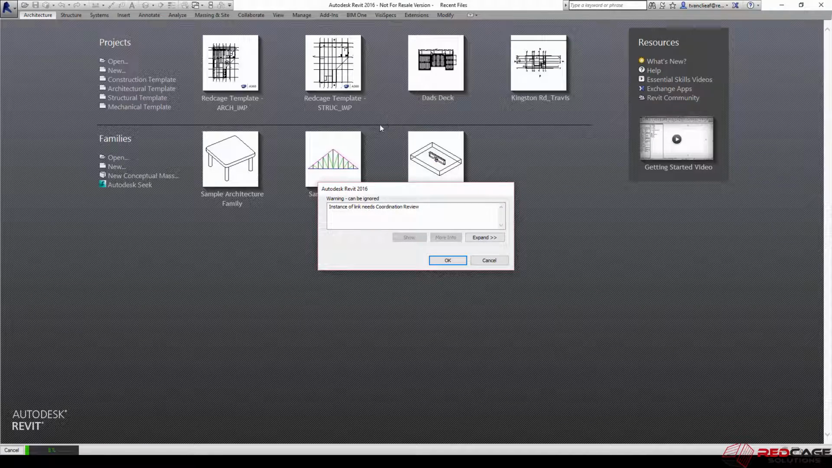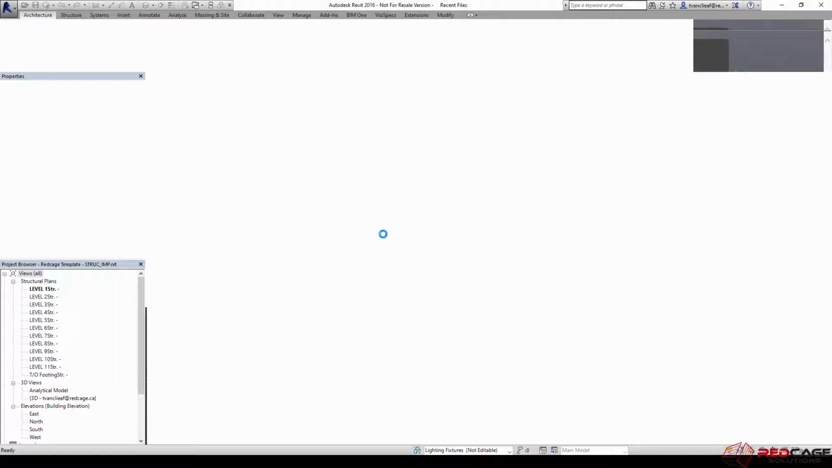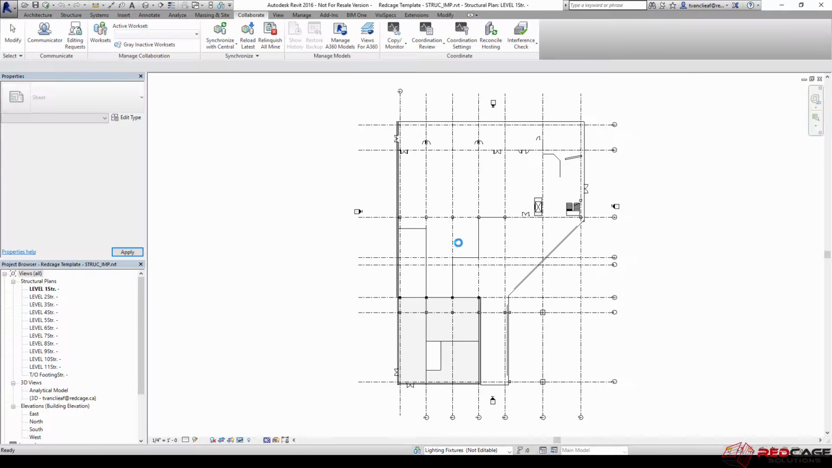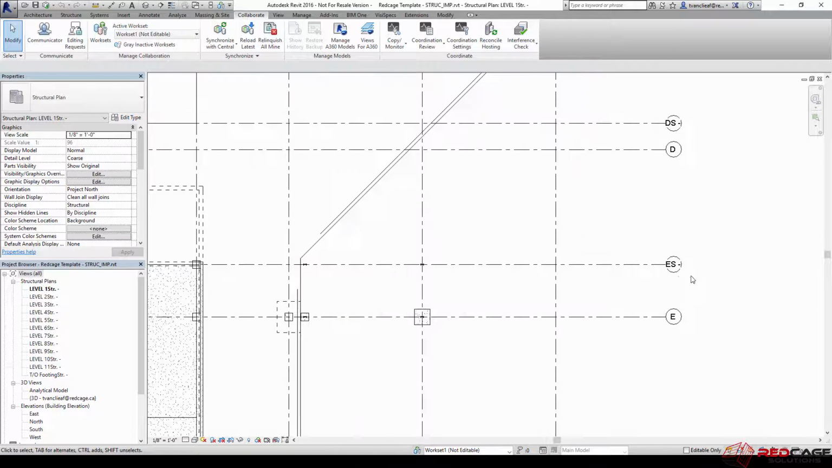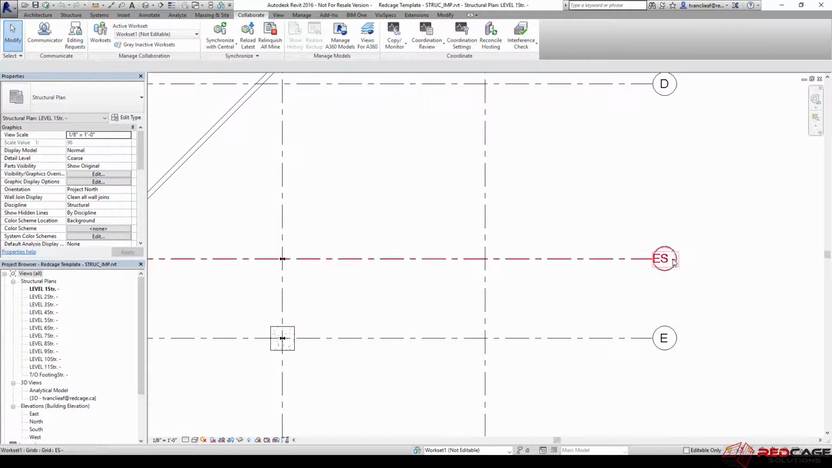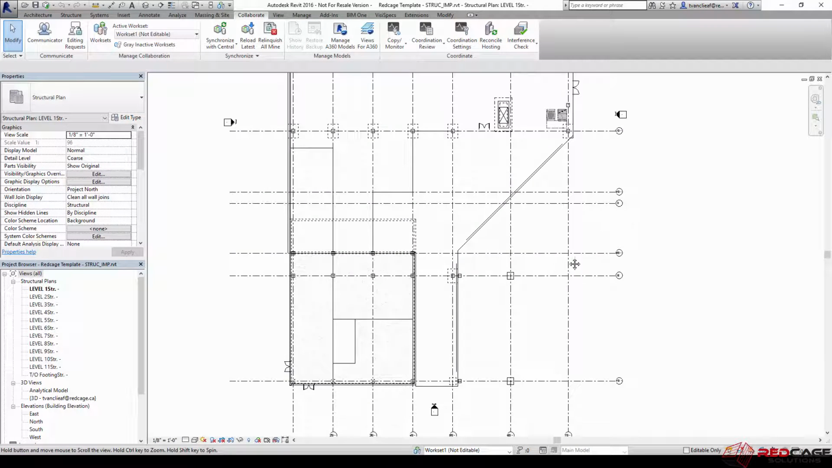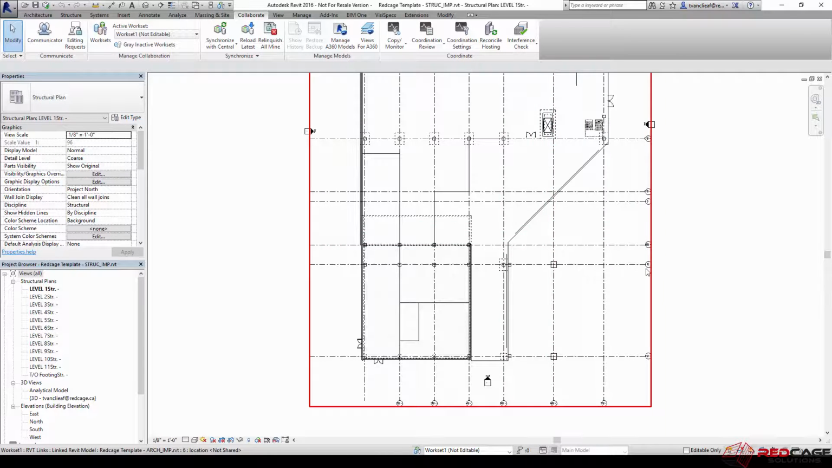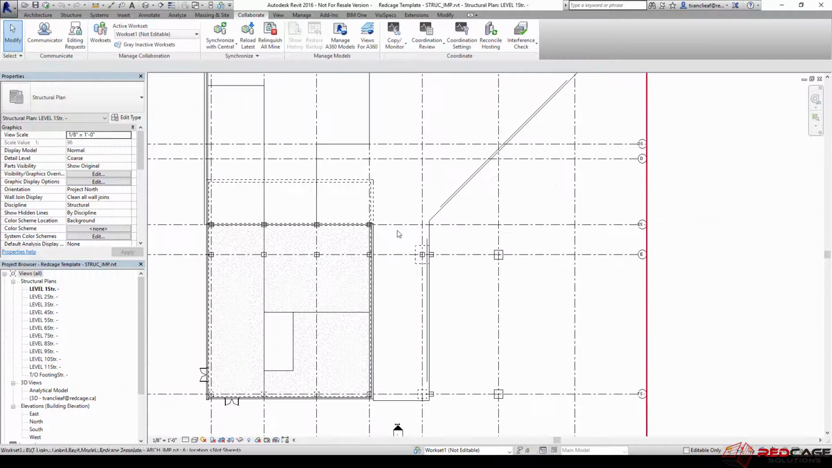Okay, so there's that message that we were hoping to see: Instance of link needs coordination review. So I'll say OK. It's going to open up the rest of the model. And now we can see some things have happened here. So I've got a grid in here that says ES dash. Right, I kind of goofed up on my suffix there. I guess I should have made that a prefix. But now we can see from the linked model where E is, and so ES is actually not in the